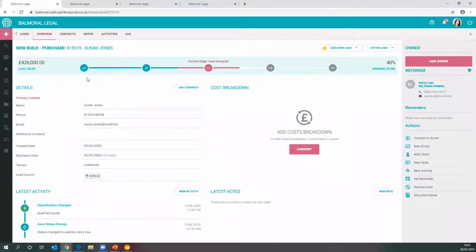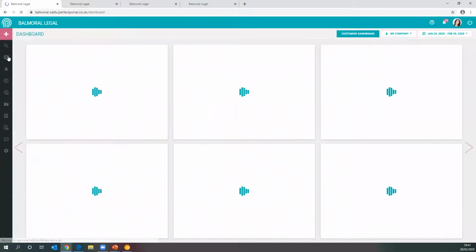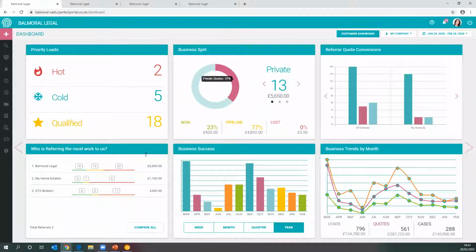Okie doke. So if I just take us back to the dashboard now. In a similar way to how you would with your private work, you can also track and manage your referrers in the same way. You can do this by utilising various tiles within your dashboard. I've just customised our dashboards a little bit so that we've got all the relevant ones, but you can